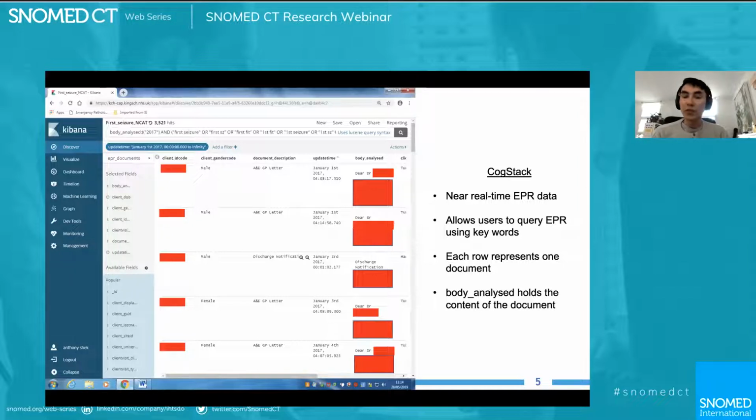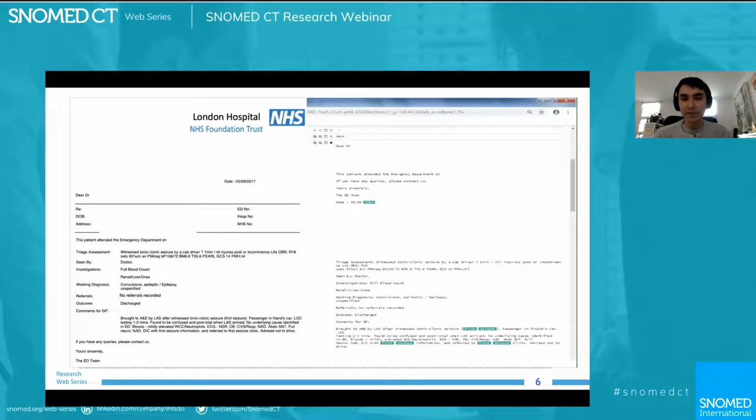This is what it looks like. You have a search bar where you can add certain rule-based terms to surface bits of data. But as I said, this is a little bit beyond the scope of what SNOMED CT is interested in. To set a bit of background, this is just how we form a data lake, because for any form of data analytics, you need to have access to the data, which is actually one of the hardest problems in data science: getting access and surfacing data.